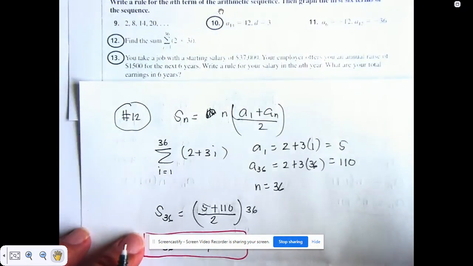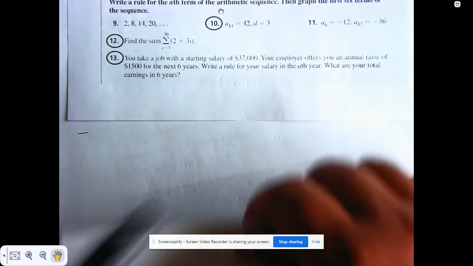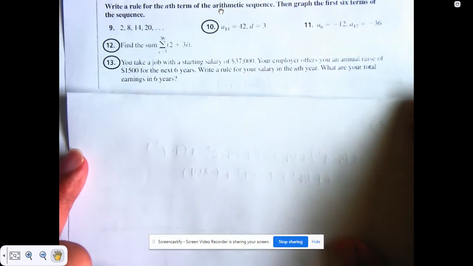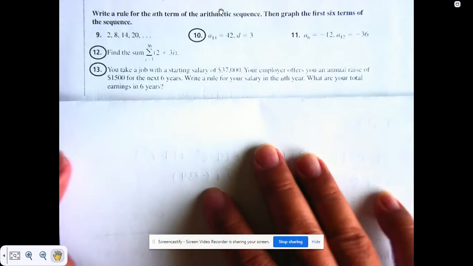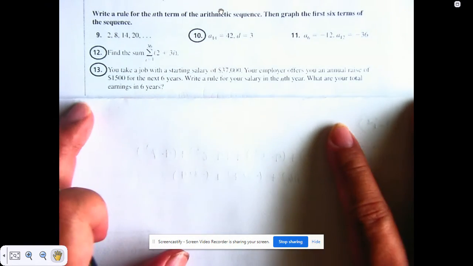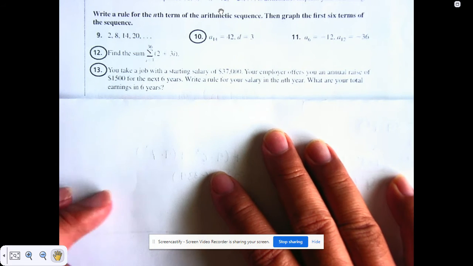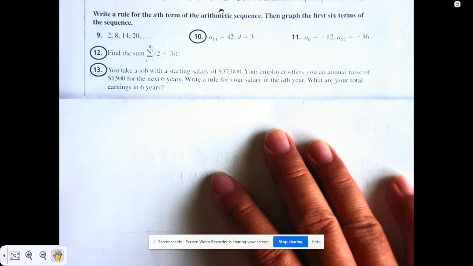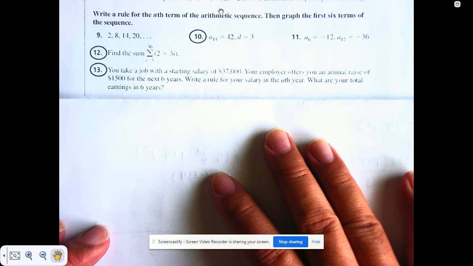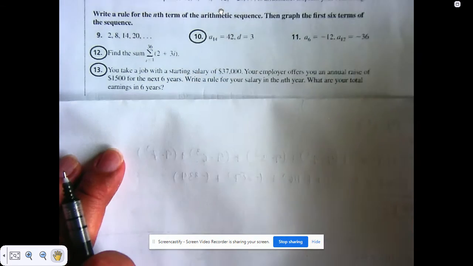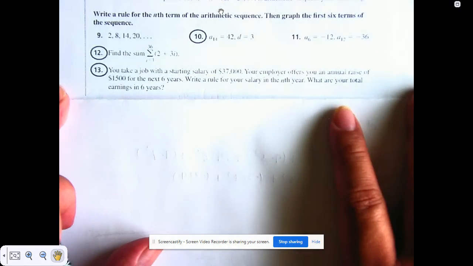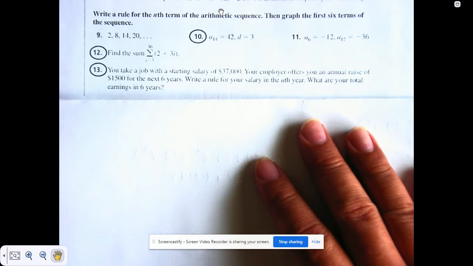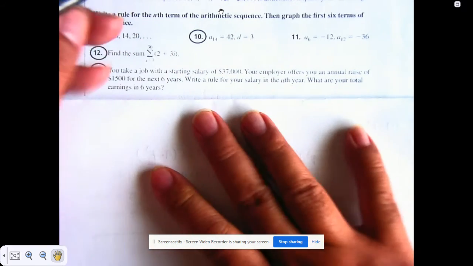Next, let me do 13. You take a job with a starting salary of 37,000. Your employer offers you an annual raise of 1,500 for the next 6 years. Write a rule for your salary in the nth year. What are your total earnings for the 6th year? So basically, first you need to get the rule, and then after getting the rule, you get the sum, right? So here, in number 13,